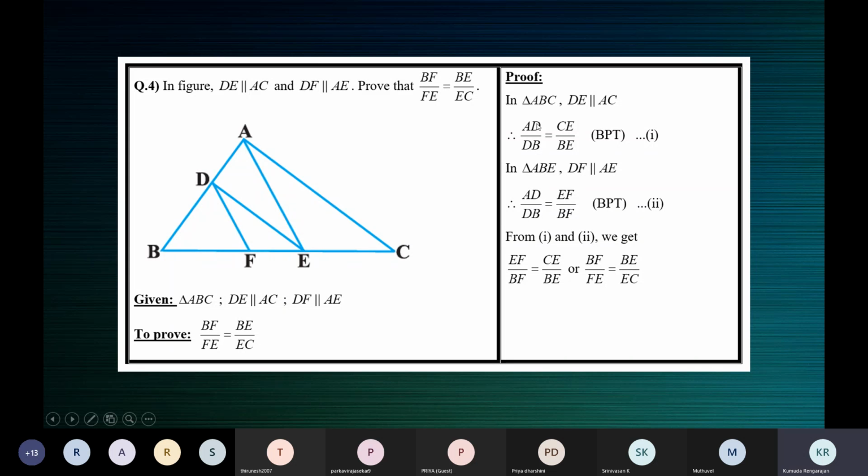Comparing these two, only if there's a side common will you have a common ratio, children. Otherwise, you will not have. If you're taking two different triangles, there will be no common ratio. Here in these two triangles, AB is a common side, so there will definitely be a ratio common to both the proportions. So this is how it goes on comparing the two proportions. We get a new proportion, and that's what is to be proved.